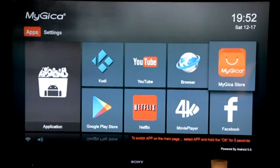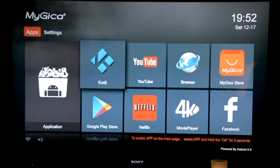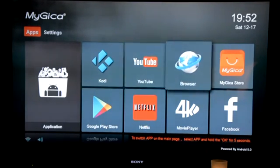But I guess maybe this box doesn't quite have the audio settings for it, and I could be wrong. Or there could be software updates that might enable this to work. Maybe that's true, but I don't know for sure. I haven't done any updates yet. But as you can see, this is a brief look at what you're going to see. Just to show you viewers what you're expecting from the MyGica